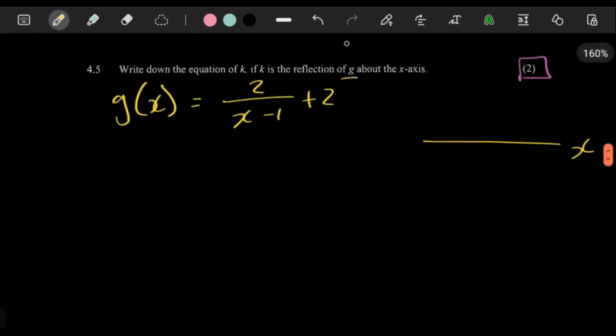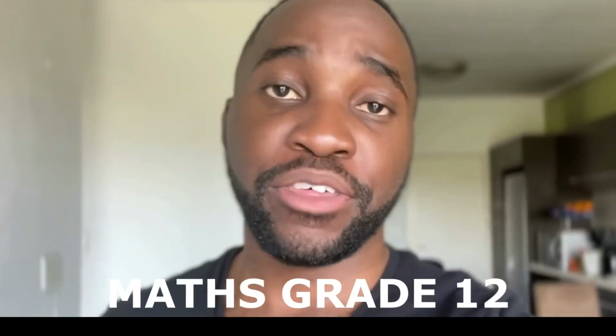the idea is, if it's reflected about the x-axis,